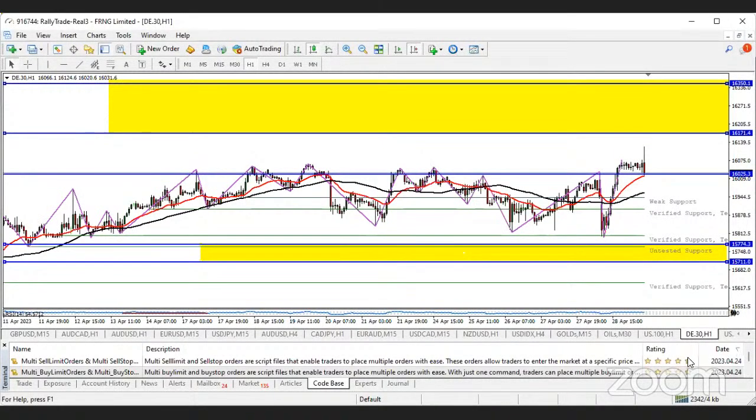Somebody is dropping a message. Okay, sorry, sir. You mean that we should always buy? No, I didn't say you should always. I said there's volatility for D30 mostly in the morning. Most of my clients that trade D30 tell me there's always volatility in the morning when it comes to D30. If you've been trading D30, you notice that there's some level of volatility for D30 in the morning, unlike maybe US 100 and the likes. Volatility happens more for D30 in the morning.